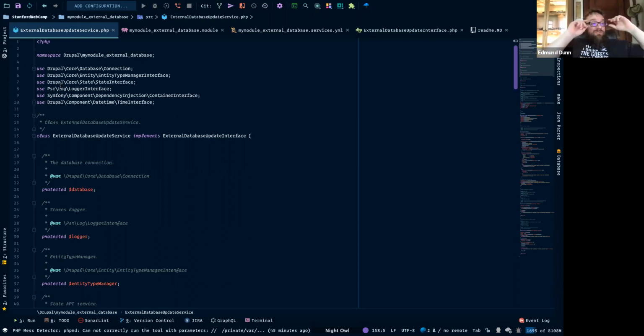No, the logs go right into Watchdog. So they still show up when you go to your reports and look at your recent log messages. Yeah, okay.